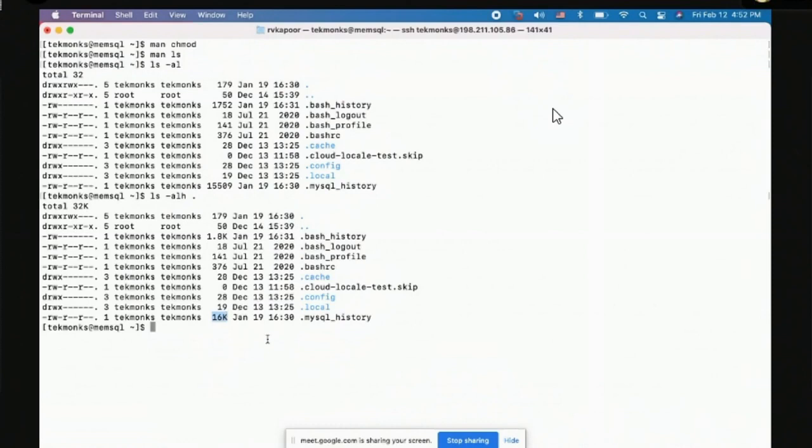It would say megabytes for M, gigabytes, etc. So you can do an ls -al, or you can do an ls -alh to get it in a more human readable format. So this is your file size, and this, I believe, is the date of creation, not modification. I'll have to look that up, but